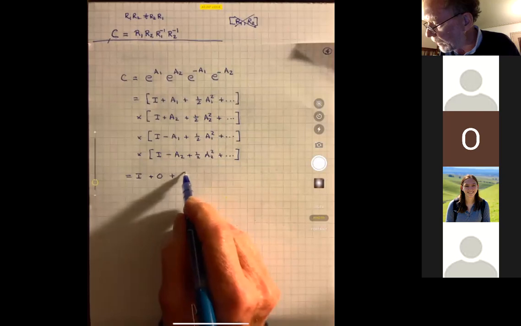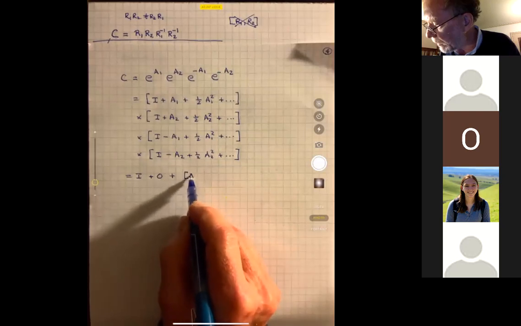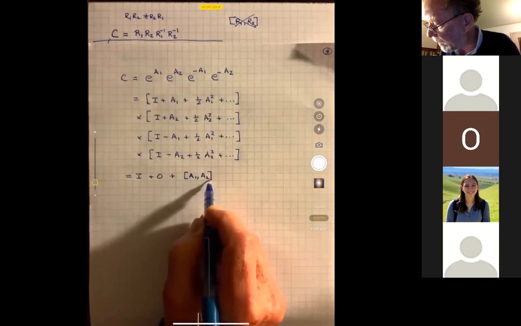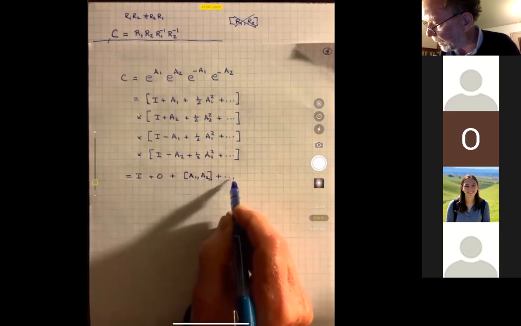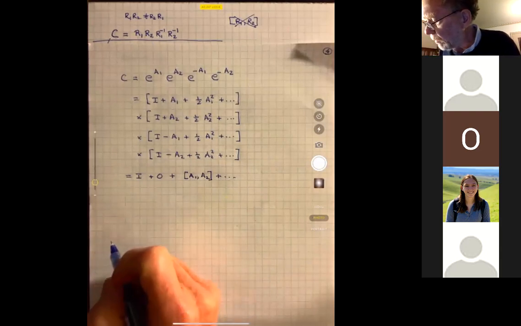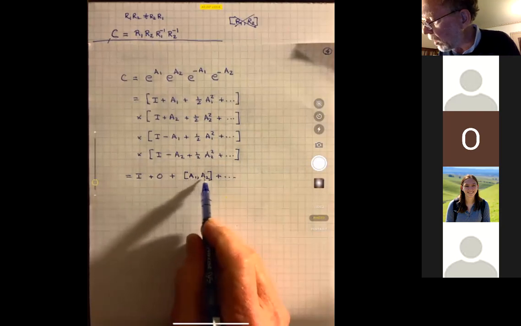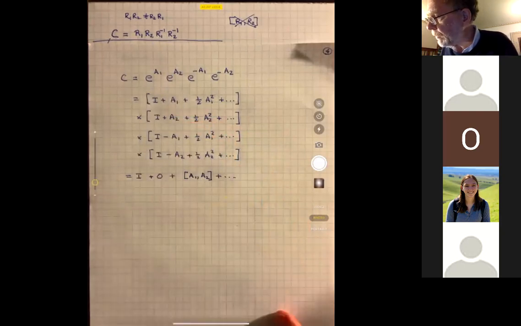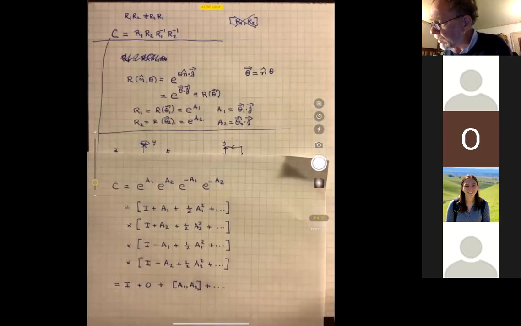When you do it, what you find, interestingly enough, is the commutator in the ordinary quantum mechanics sense of the antisymmetric matrices A1 and A2, and then there's plus higher order terms like this. All right. So if these A1 and A2 are small, I think earlier I was saying let's let A1